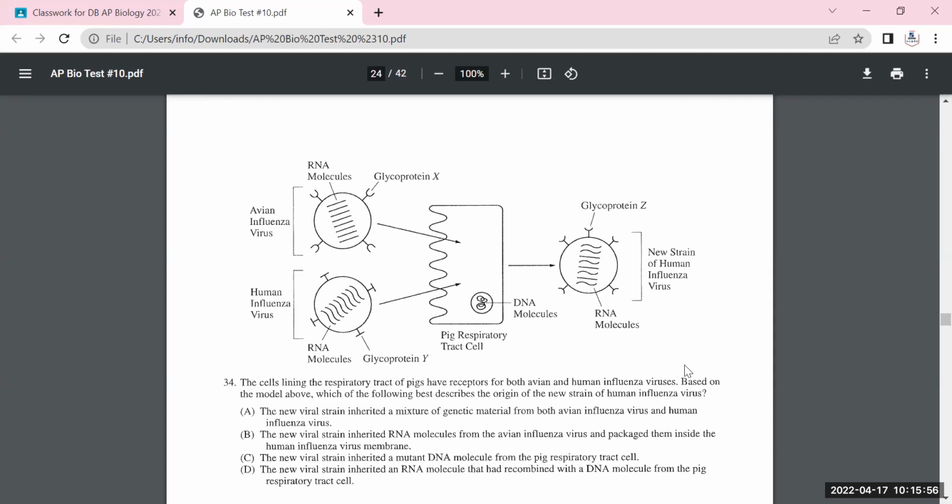So what happens here in this image looks like both avian influenza and human influenza infected the pig, and you basically created a new strain of virus, right? So let's go through the answer. The new viral strain inherited a mixture of genetic material from both avian influenza virus and human influenza virus. That is exactly what happened, and because of that,